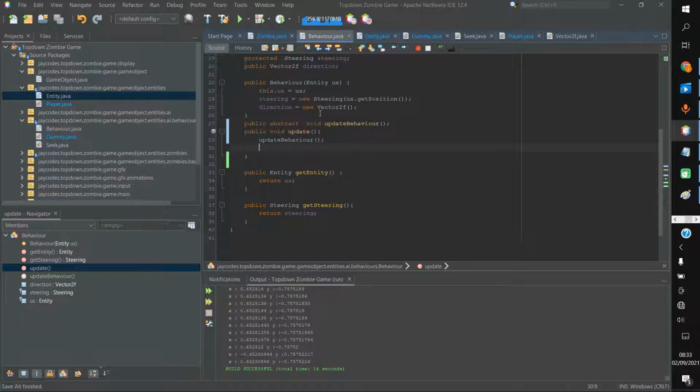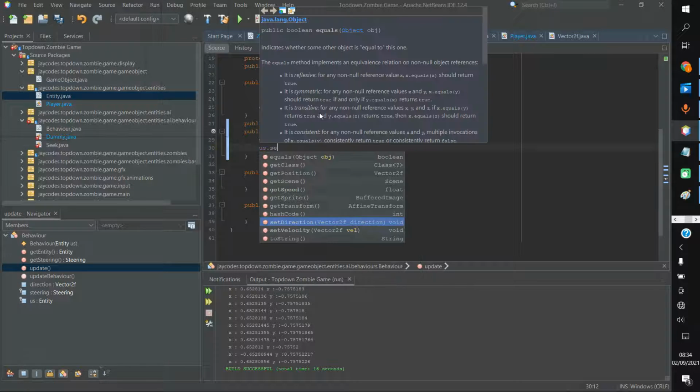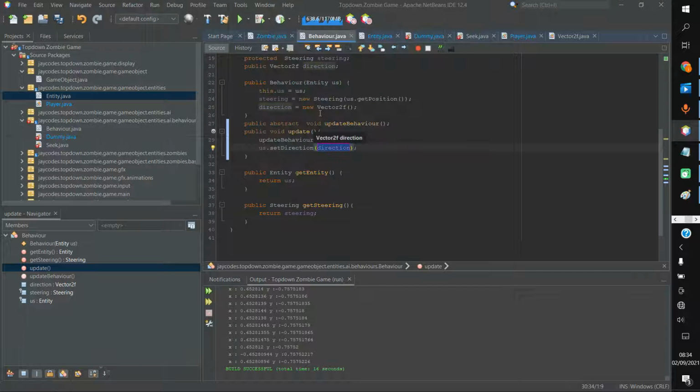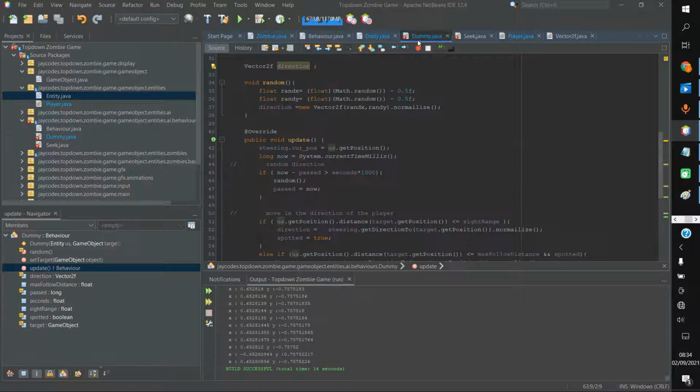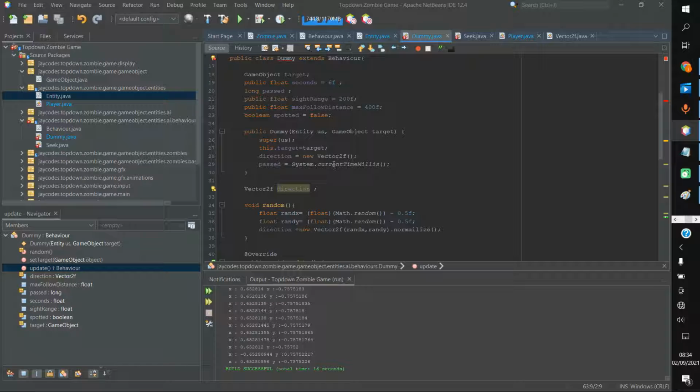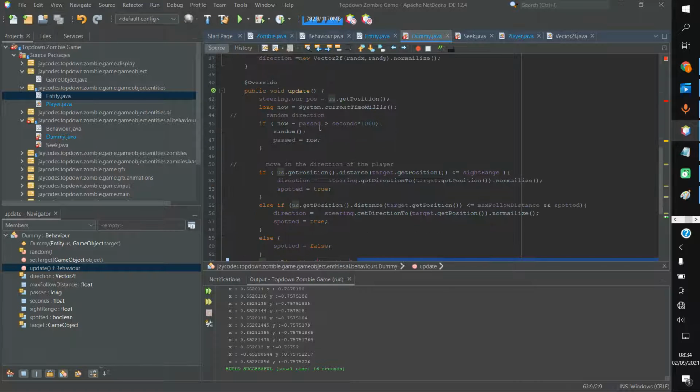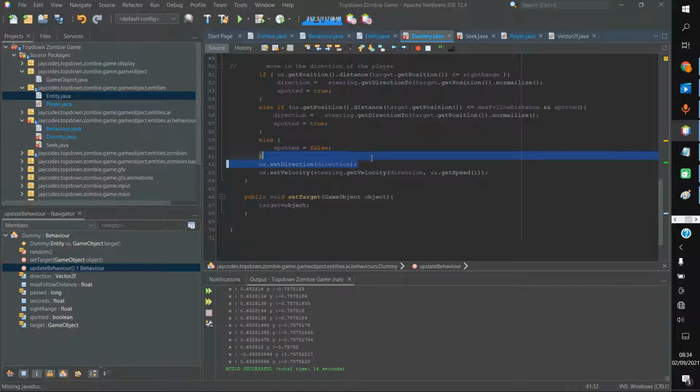And right before that, do we have a direction? Yeah, we do. We're going to simply say us.set direction to direction, and pretty much that's it. And then I'm going to go to the dummy and rename this to update behavior. Spell it right. Yep. And remove this